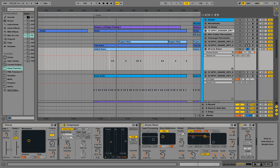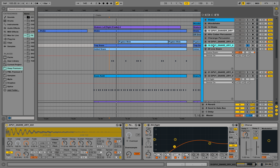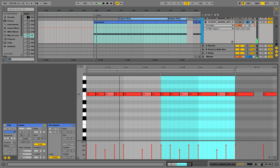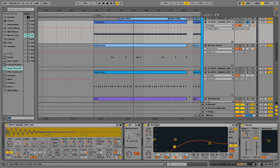Okay, another snare over here. I think I used this. Okay, I used this sample. Oh, that one's playing fast, so let's check it out. Okay, this one adds in the drive, as you can see. So we have a bit of bit reduction. We put it up, the snare 33, transpose it up because I wanted to, well, fit with the notes we